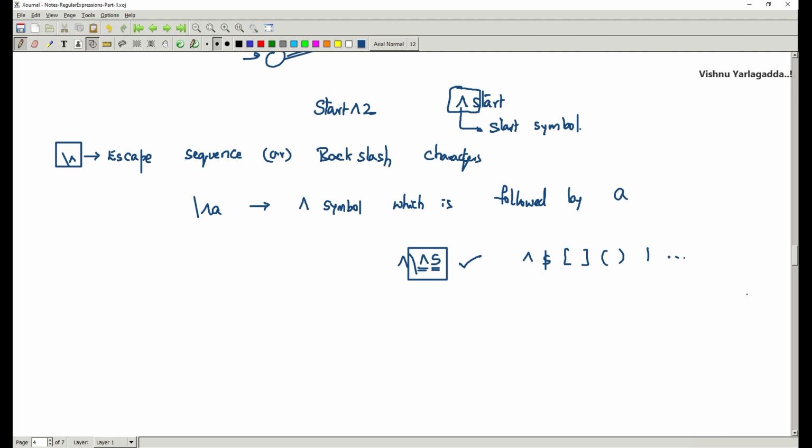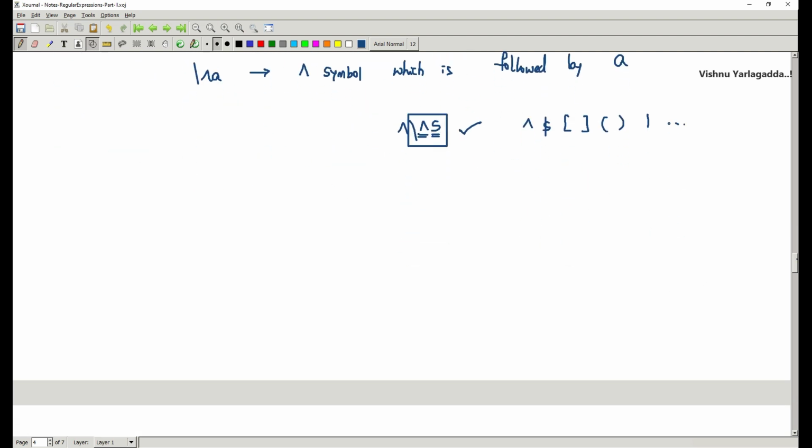Now, what are the other kinds of escape sequences? There are some certain escape sequences. The first one is \a.